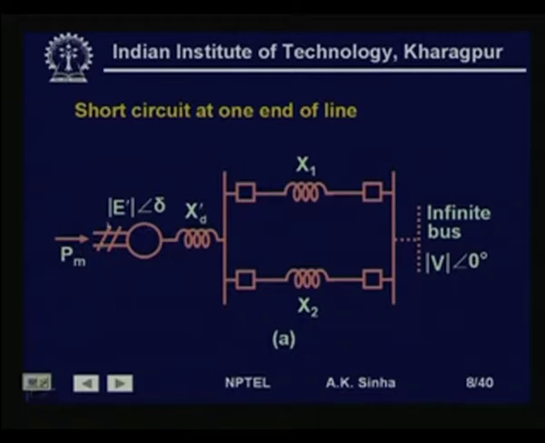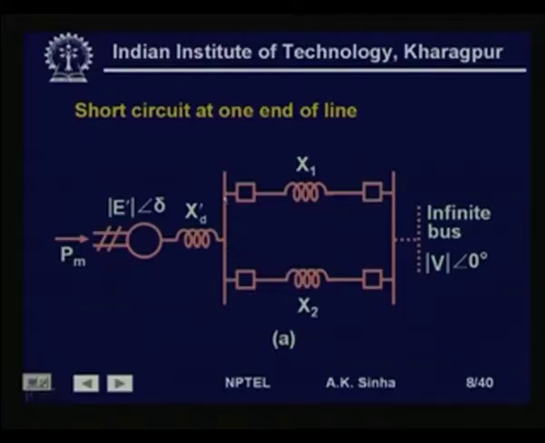Now, let us take another case where we have the same system. Again, Pm is the input, E dash angle delta is the voltage behind the transient reactance, x d dash is the transient reactance, x 1 and x 2 are the line reactances, and the infinite bus voltage is V angle 0 degree. Now, we are assuming a short circuit at one end of the line, say at this end, it does not matter, it can be this end also. In both cases, when a short circuit occurs on the line very near to this bus, the voltage of this bus is also equal to 0, and under such a situation there can be no power